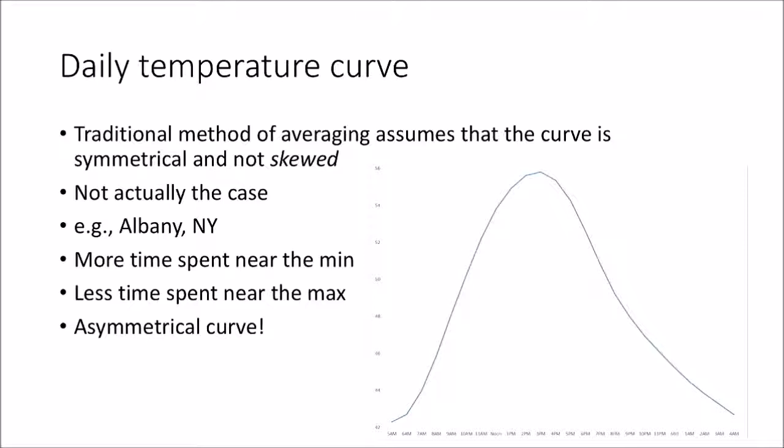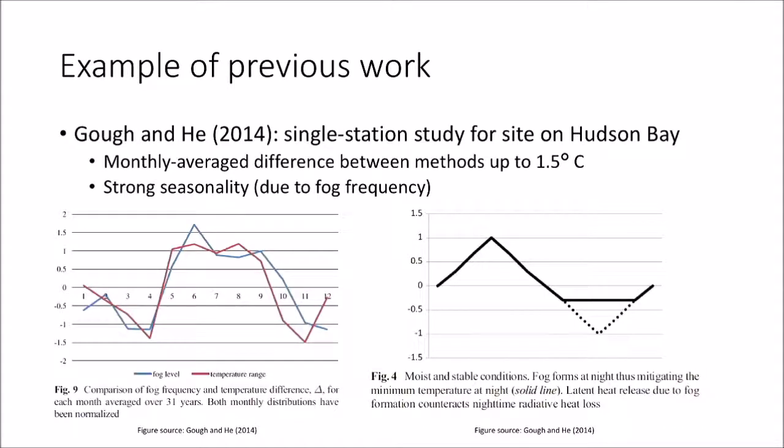So just for this one station, we see that if you assume T max plus T min over 2 is going to give you an accurate representation, that's not going to be the case, because you don't have that perfectly symmetrical curve; asymmetry is present here. This kind of leads into giving you a flavor of some of the previous work that has been done surrounding this issue. There have been various studies, both at very small scales, looking at individual stations, and also at large scale, looking at many, many stations, some using pure observational data, but many others using reanalysis data, which maybe can be problematic.